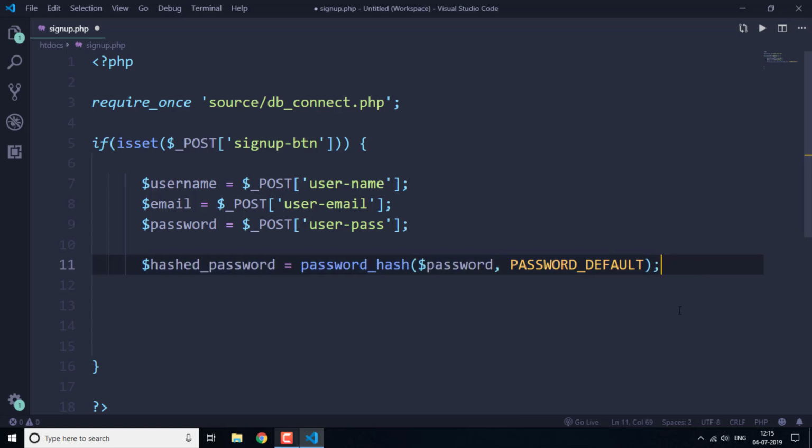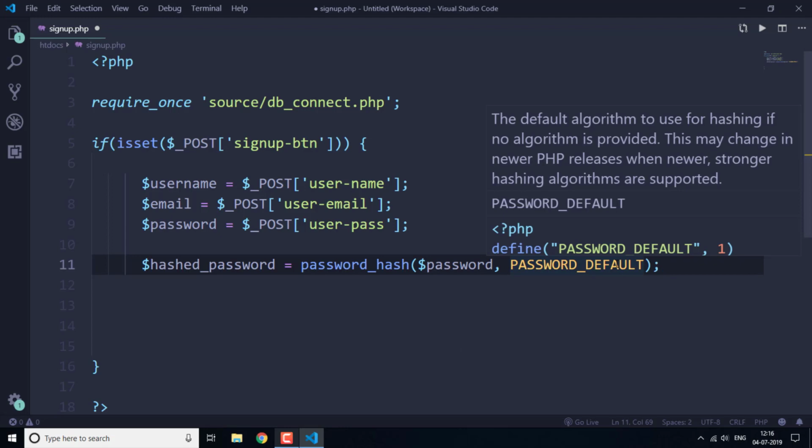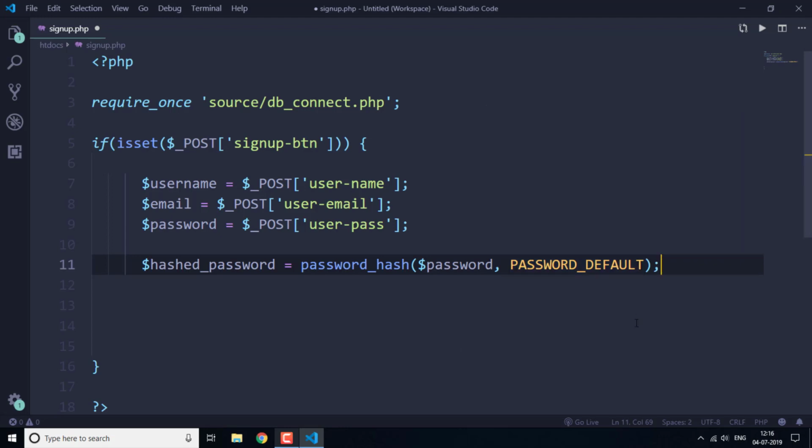And then after here, we want to store the hash value for the password that the user has entered into the database. So we are going to create a hash of that password, and then we are going to store that hash into the database, not the plain text that we are going to get from that field. To do that, I have used the password_hash method. With this method in PHP, you have to specify first the password, the plain text of the password that you're going to get from that input field, and then you have to specify the algorithm that you want to use for hashing that password. So I have used PASSWORD_DEFAULT. This is a default hashing algorithm that PHP is going to use,